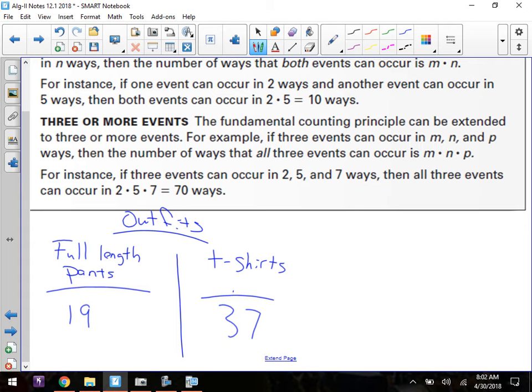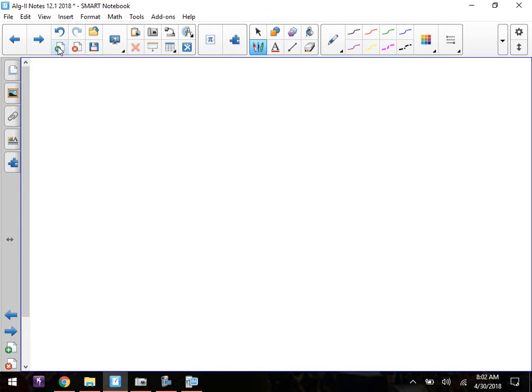We had one kid, I forget who it was a couple years ago, who said, all right, if I have 19 pairs of pants and 37 t-shirts, how many outfits can you make? Well, if you just multiply them together, you get a lot of different non-repeating outfits. Now, I started thinking about shirts and ties, and what I have. I have shirts, ties, dress slacks, and things like that. You start getting into it, and if I'm not mistaken, I counted, I think I have 11 pants,